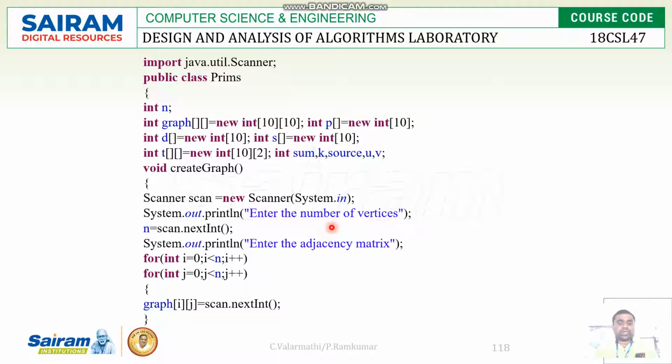First, for creating a graph, I need vertices. So I have to specify how many vertices are required to generate a graph. Then, according to that, an adjacency matrix needs to be created. When we create an adjacency matrix, it should be a set of rows and columns. So for that, I am using two different for loops. By using the values, next I am creating the graph. Based on the adjacency matrix, a graph will be generated.